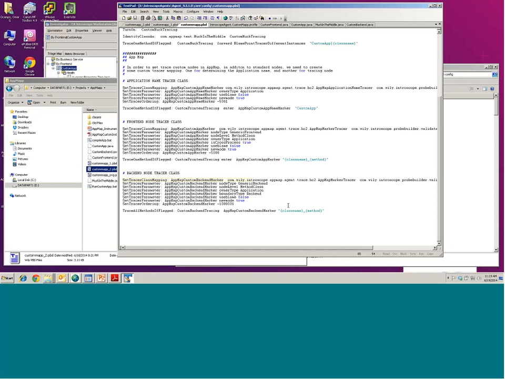The node type is going to be a generic backend as opposed to a generic front-end. Node level is going to be method class. Owner type is going to be application, the same thing. Boundary type is going to be a backend. Again, these are just configurations so that this tracer knows what type of node it is going to be rendering. Now that I have defined these three tracers, application name tracer, front-end node tracer, and back-end node tracer, I'm going to go ahead and apply them to my